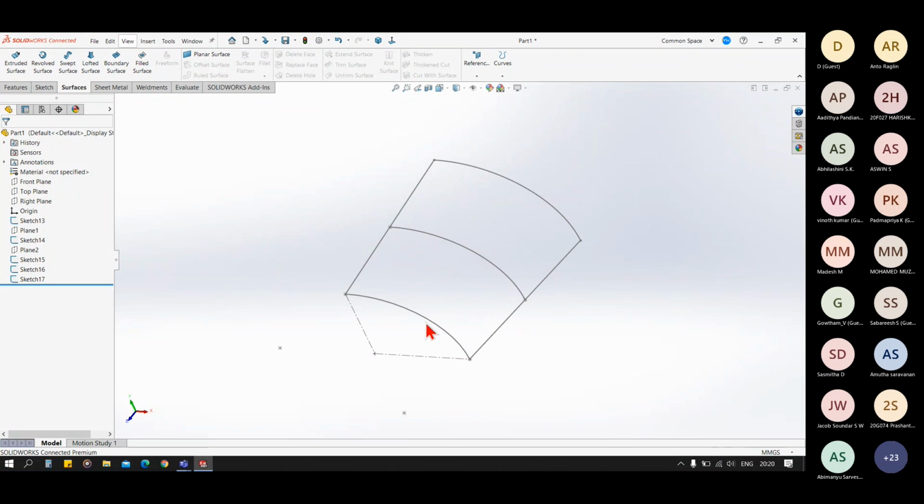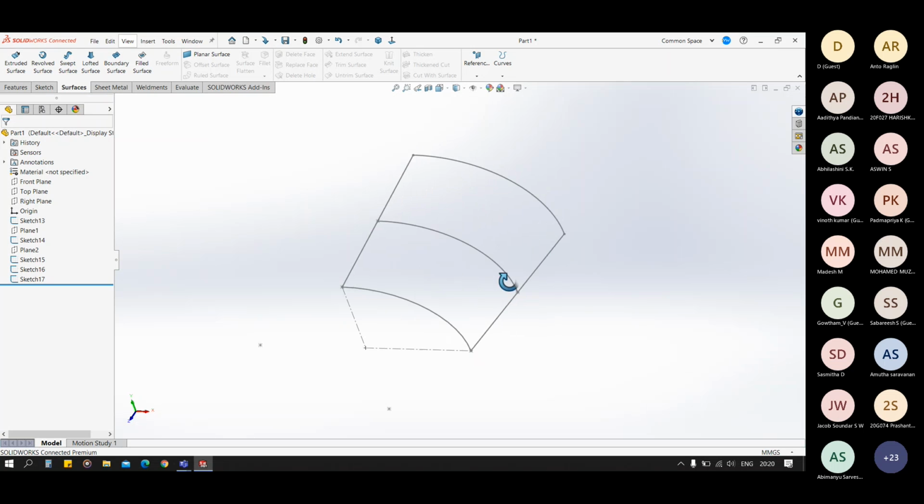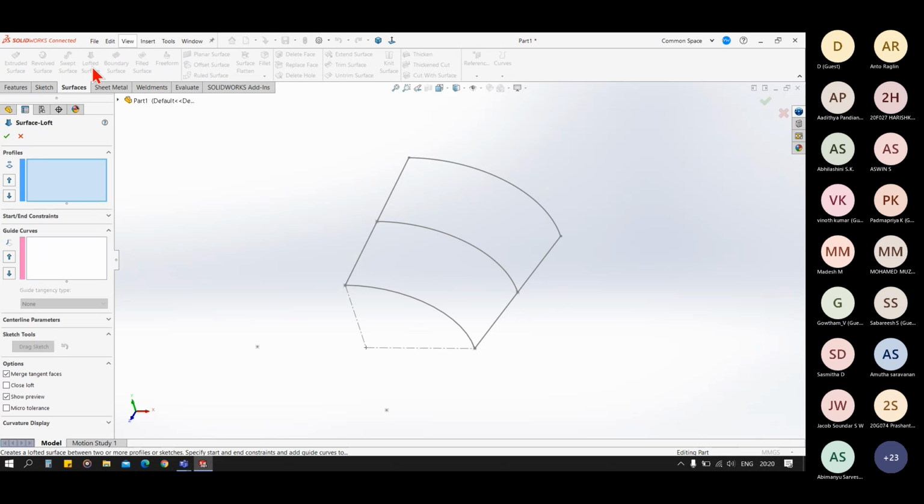So now we have this as our example. Now let's see the loft surface. Okay, so in the profiles we have to select these profiles.